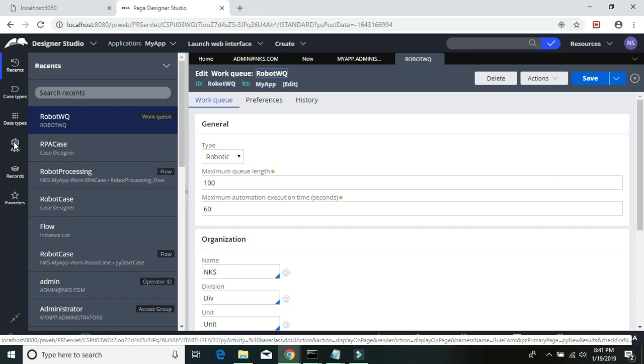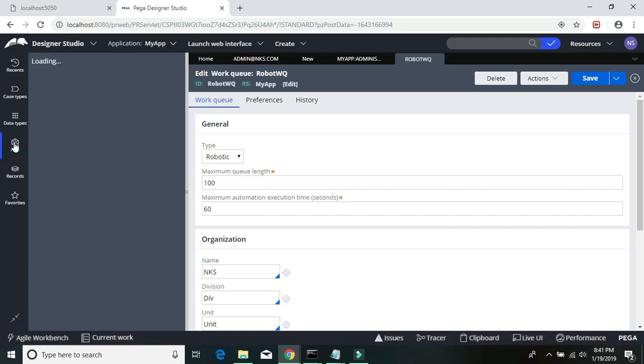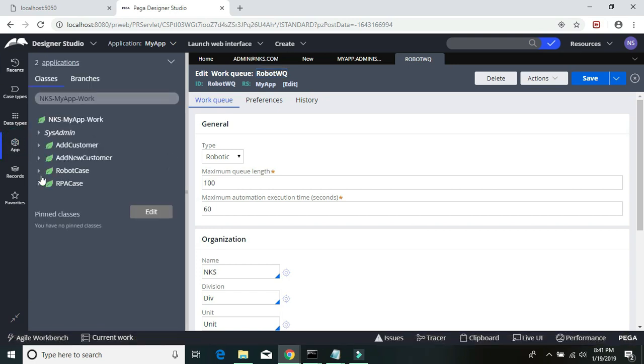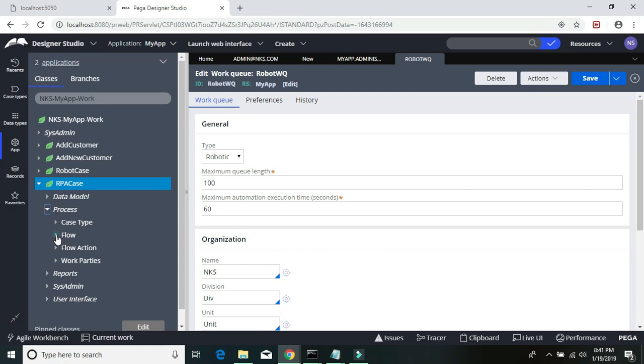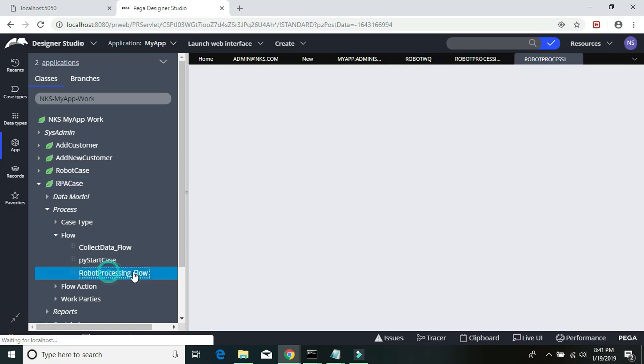So now go to the apps. Again, select our RPA case. Then under the process, you can see the flows. And under the robot processing flow,